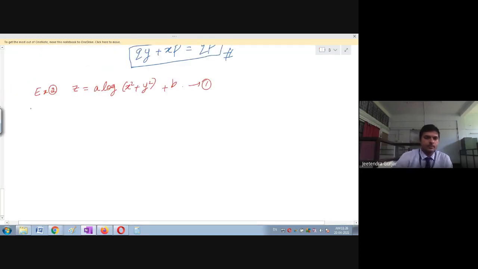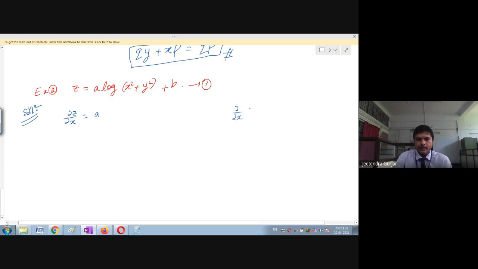Yes. So now I will solve here directly. When you are perfect, then you can simplify this very easily. No need of writing again. Okay, now here you can see the first step, differentiate partially with respect to x, written as dou z upon dou x. So here a is constant, so I will write a as it is. Then you are going to differentiate this. So you should know the formula for differentiation of log.